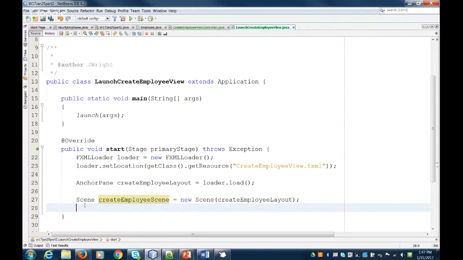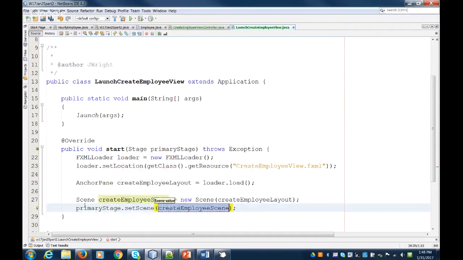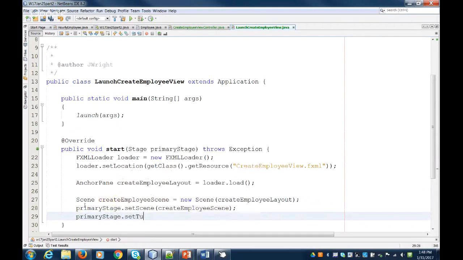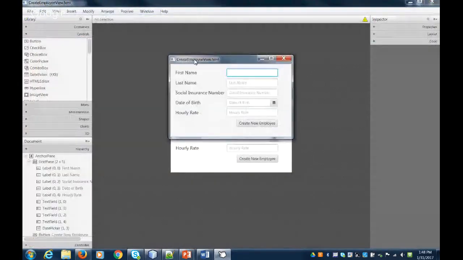Okay, this particular one is for creating new employees. And then I'm going to say primary stage, set scene. It assumes the only scene we have. And then I'm going to give it a title. Say create new employee. And right now, for example, if I go to my preview, see how the title here